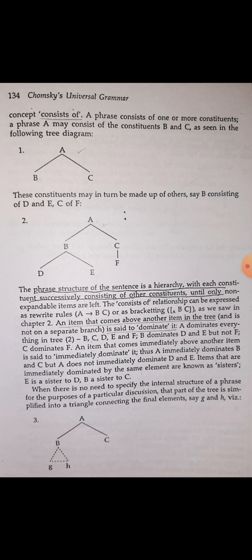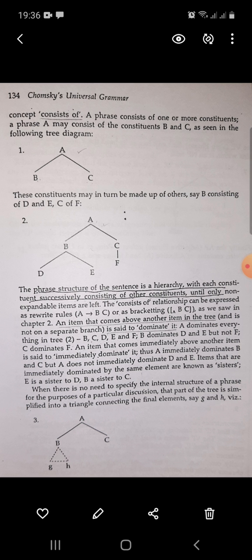Fine. Then he further adds that if we are going to discuss some rule or theory, and in that discussion there is some section of the phrase which is not necessary to be discussed, the writer of this book would draw a triangle for that, a dotted line triangle, in order to show that we are not concerned with this particular structure, we are concerned only with the rest of the structures.